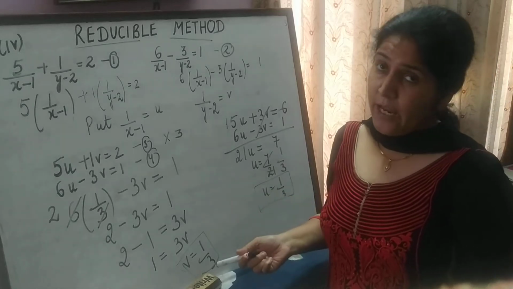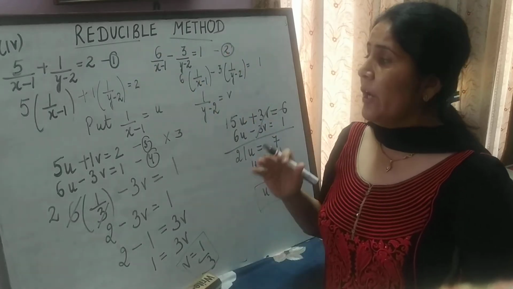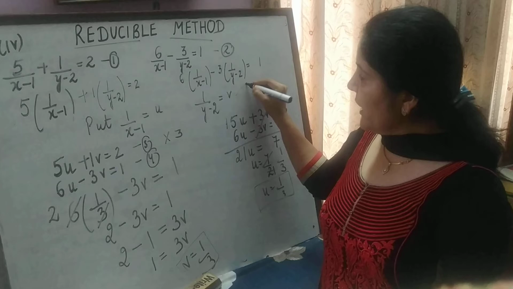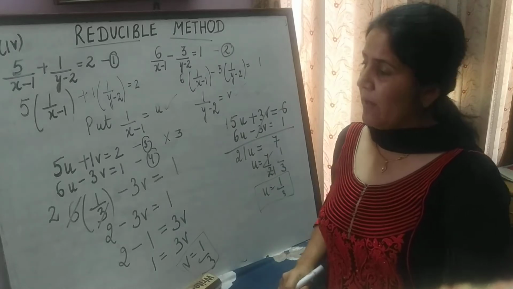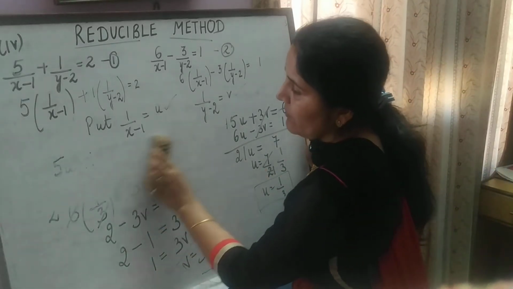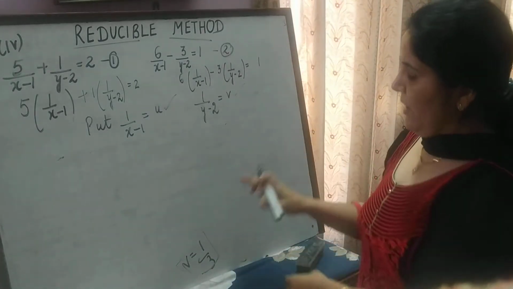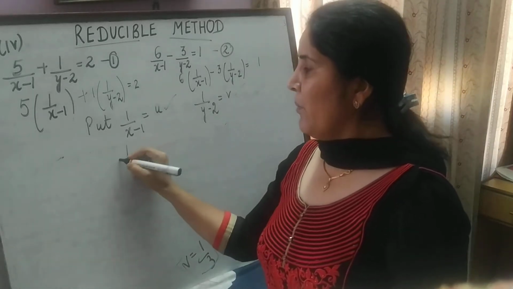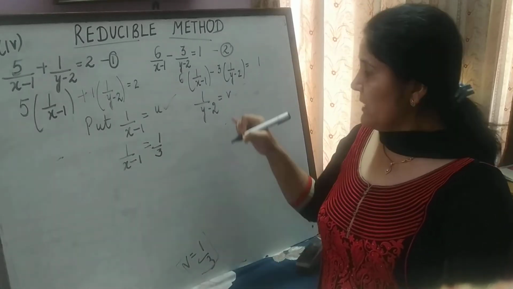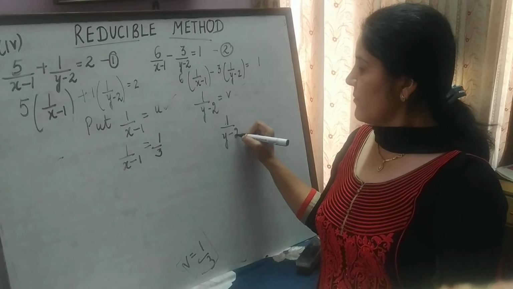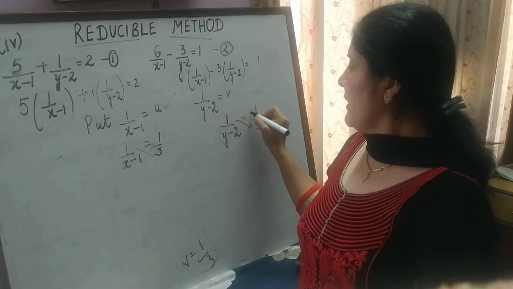And I need to find out the values of x and y because equations 1 and 2 were in terms of x and y. To find out the values of x and y, I need to substitute the values of u and v here, where I have put my tick mark. So let us substitute it. The value of u is equal to 1 upon 3. I have substituted, you can see, and the value of v is equal to 1 upon 3. Let us cross multiply it. I am putting the arrow marks, you can see.